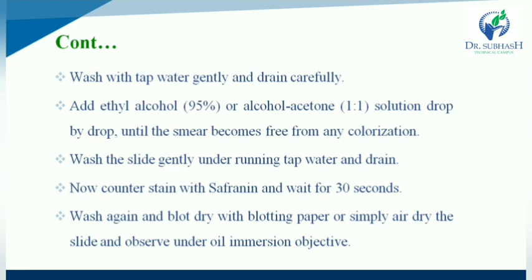Last step is counter stain is added, that is safranin stain, and wait for 30 seconds. And last one is wash the glass slide again and blot dry with blotting paper or simply air dry the glass slide and observe under oil immersion objective.